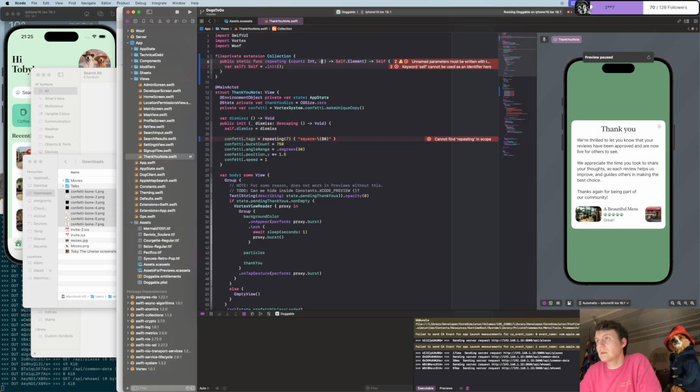Oh, of course. And we would take index at int. Function types cannot have labels. Okay, so now there are no